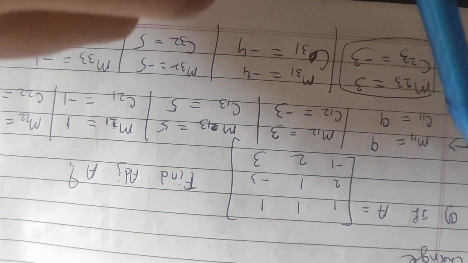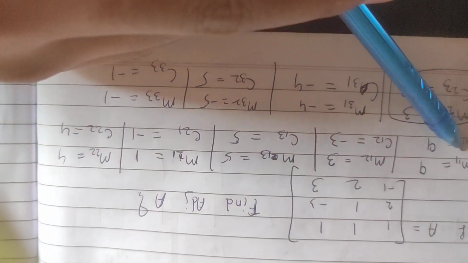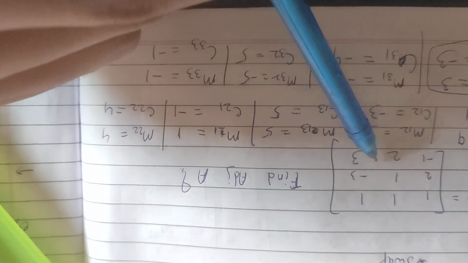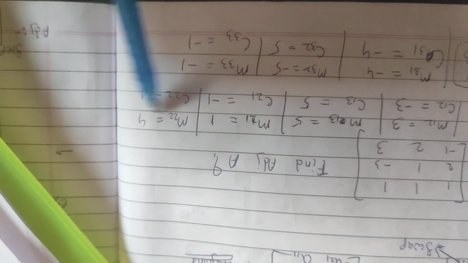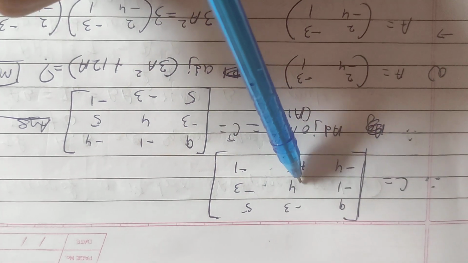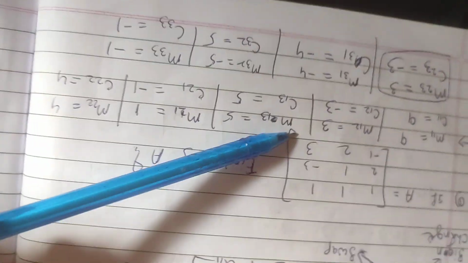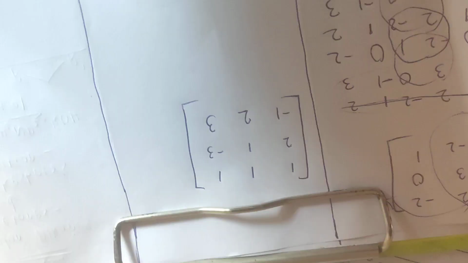So I will take another example also. So here is another example. As you can see, if A is equal to this, find adjoint A. And we know the traditional method, right? We will find the minors M11, M12, M13 of every element, and then we would find the cofactors. By the cofactors we will form the cofactor matrix, and then we will transpose it to become the adjoint matrix, right? So this is a long method, so we can see the answer. And now we will solve this using the trick and see if the answer matches.